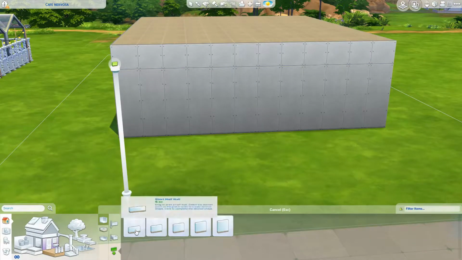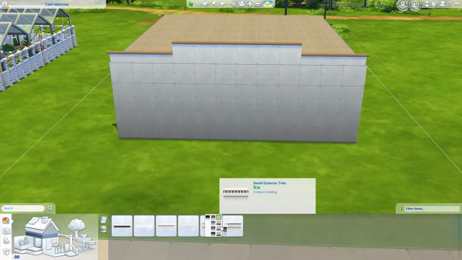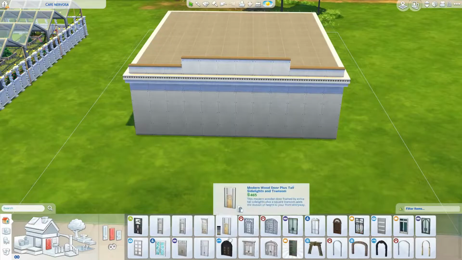So today I am continuing my Build New Crest Community Lots Edition project, and this week we are building the cafe. So I decided to build Cafe Nervosa from the TV show Frasier, which if you don't know,